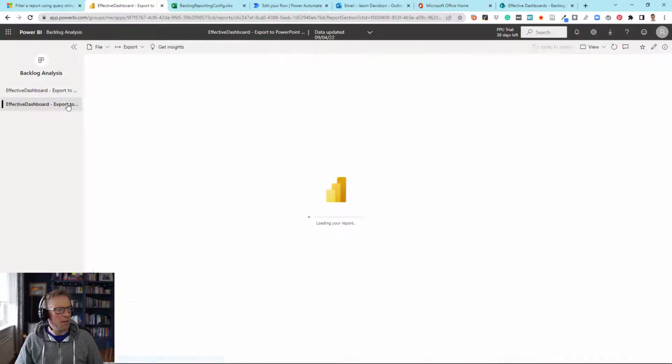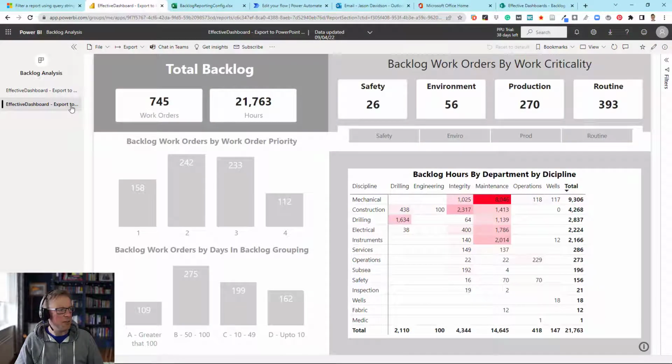Now those pages, is this V2 here? Yeah, V2. So those pages are hidden. Like I mentioned earlier, there's a couple of pages that we don't want to navigate to. We only want them to be, I guess, embedded within that PowerPoint presentation whenever we're filtering by a single department. So what I've done is I've added in a wee button here,